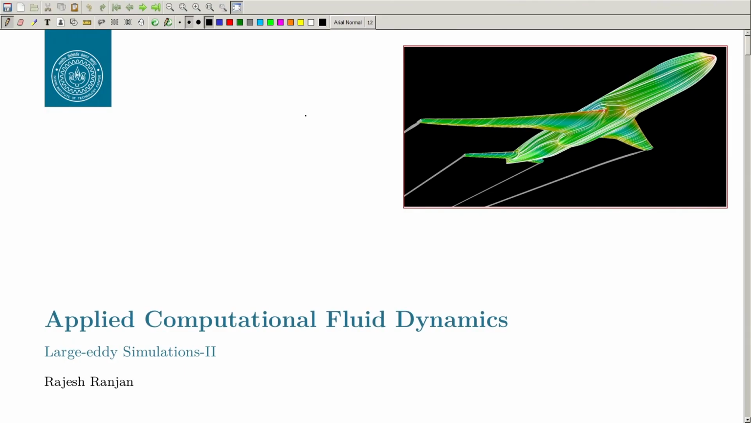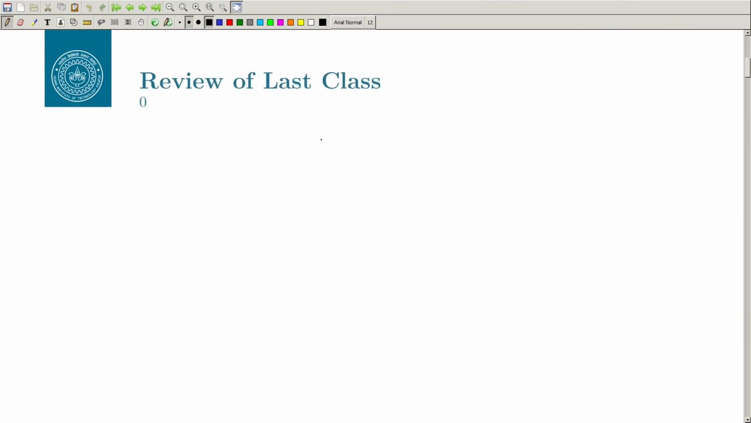Welcome back. The last few classes we have been discussing scale-resolving simulations, and we discussed DNS and LES and how they differ in terms of computational cost compared to RANS. So, in the last class we started discussion about LES, and we said that in terms of energy spectrum,